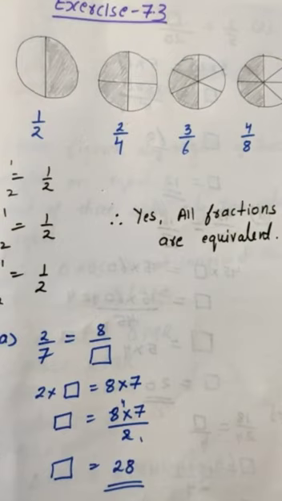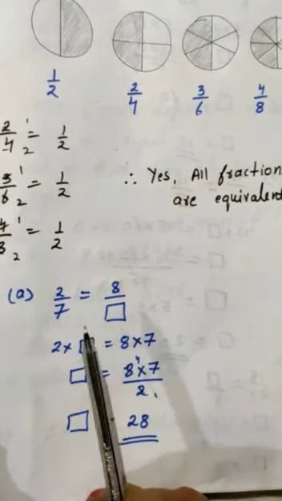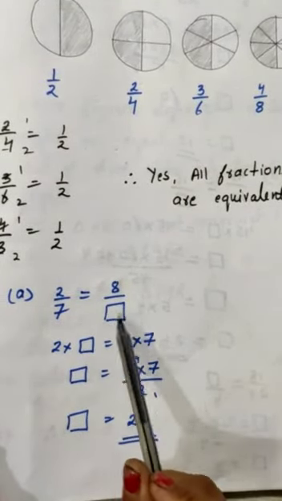Now the second part of this question you have to do on your own. The second question of the exercise is very interesting, which you have to do by yourself. Two rows are given to you. You have to write their fractions and then match the equivalent fractions. Let's see how many of you do it. Now we'll proceed further with question number 3, where you have to find the missing value.